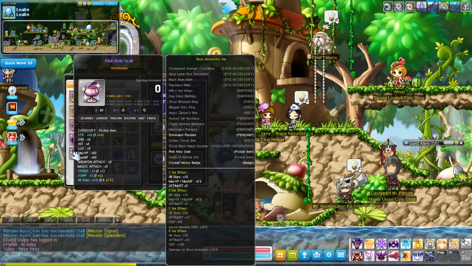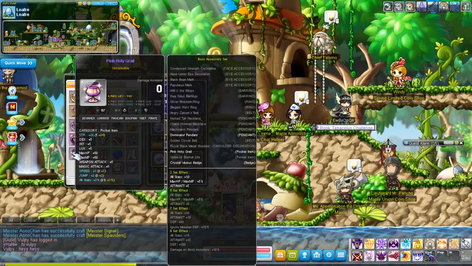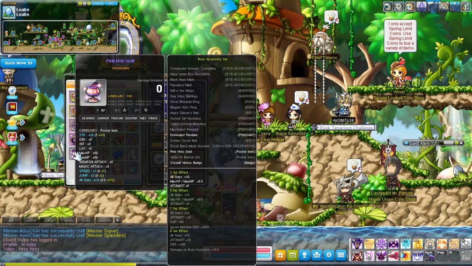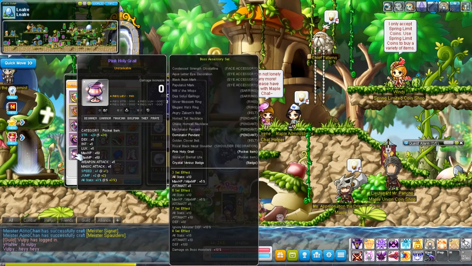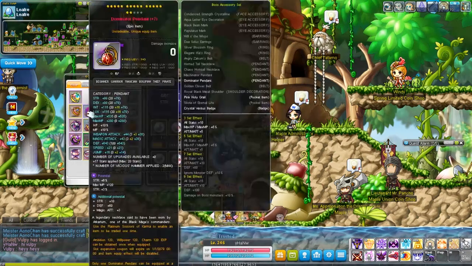Here's my pink holy grail, which is the same from 2016 because I haven't changed my pocket item yet. I'm probably changing it to either a Ghost Fuji handkerchief or a higher stat one, but for now this is decent enough. Next is the Dawn pendant, which